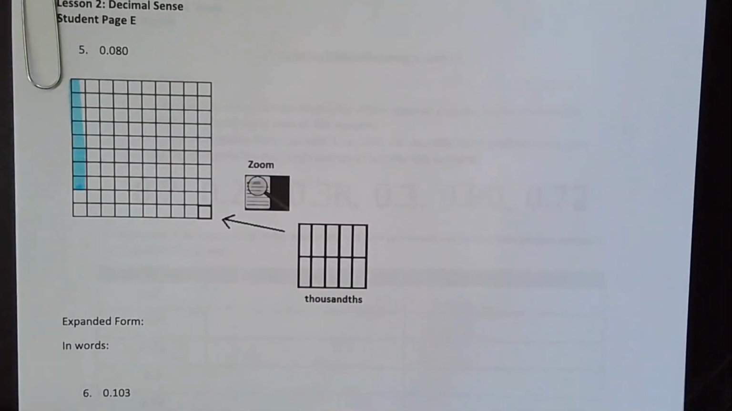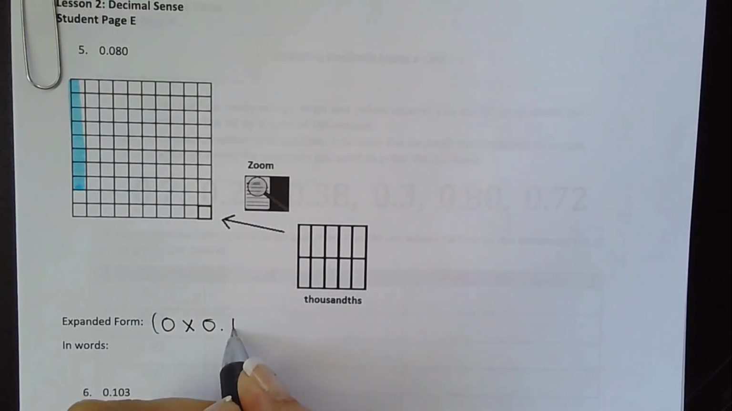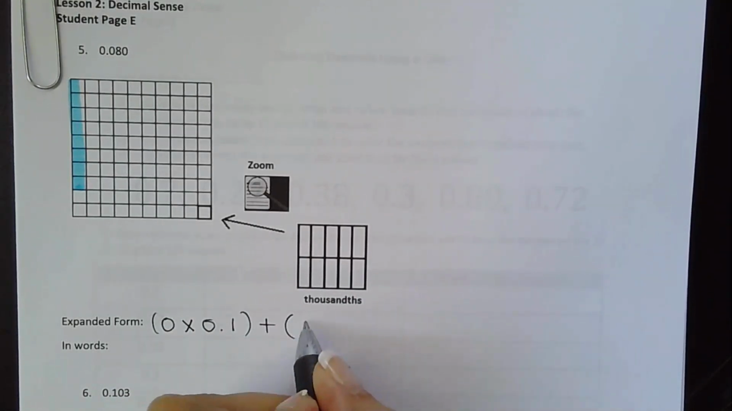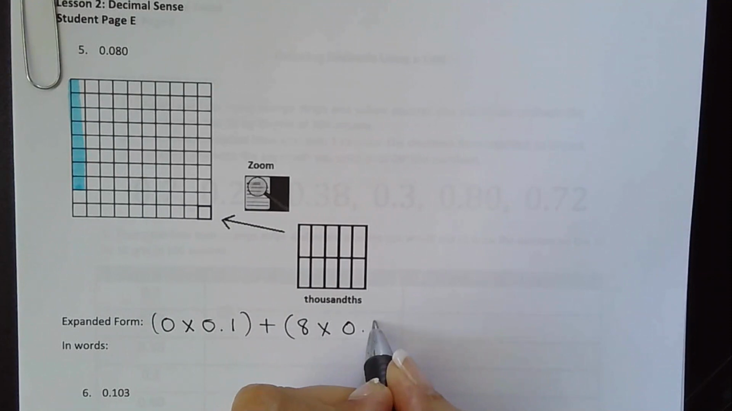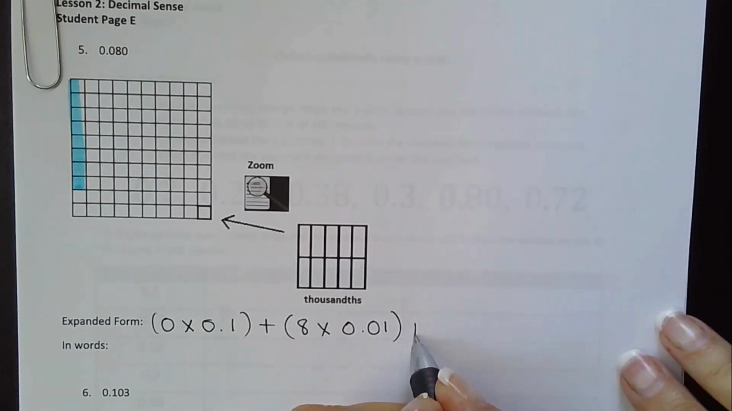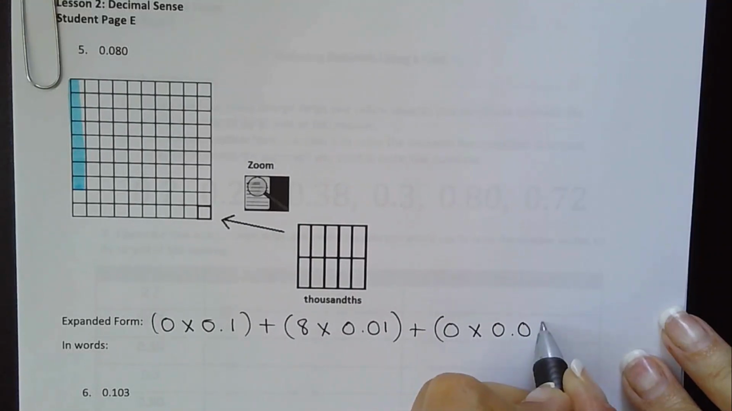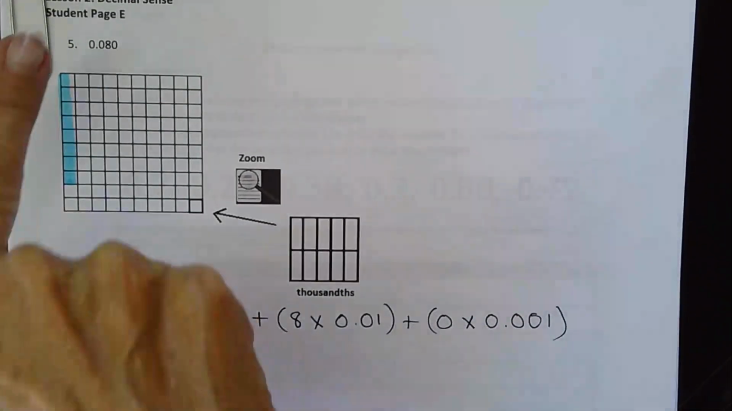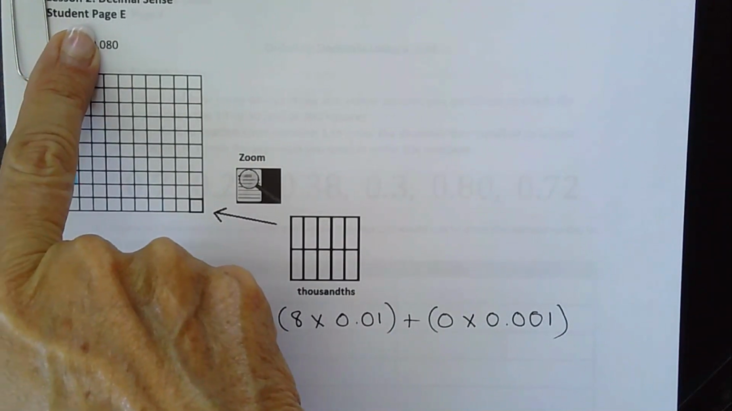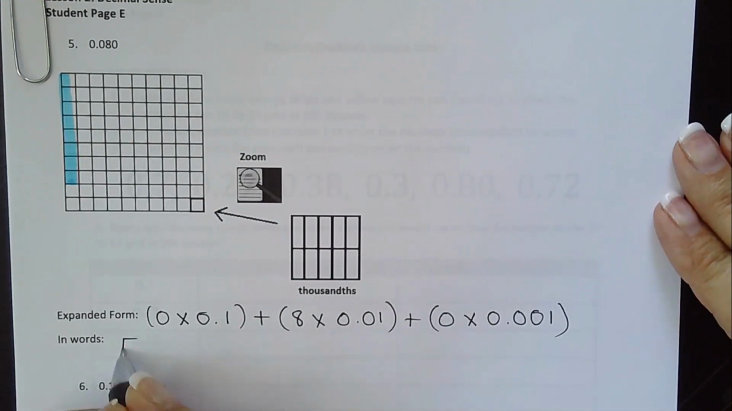So in expanded form, 0 is in the tenths place, so 0 times a tenth. 8 is in the hundredths place, so 8 times 1/100th. And 0 is in the thousandths place, so 0 times 1/1000th. And in words, we would read that, take off the decimal, that would be read 80, and then we add the word thousandths. So 80